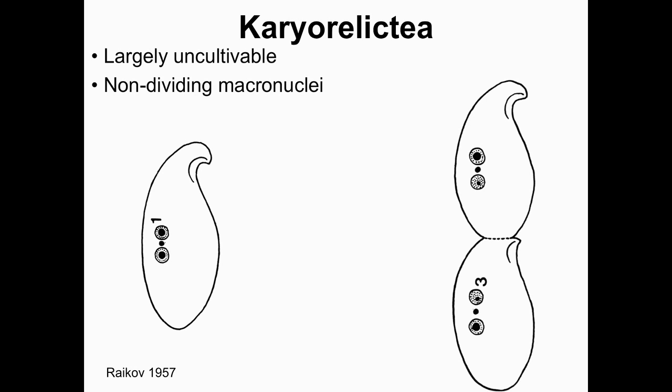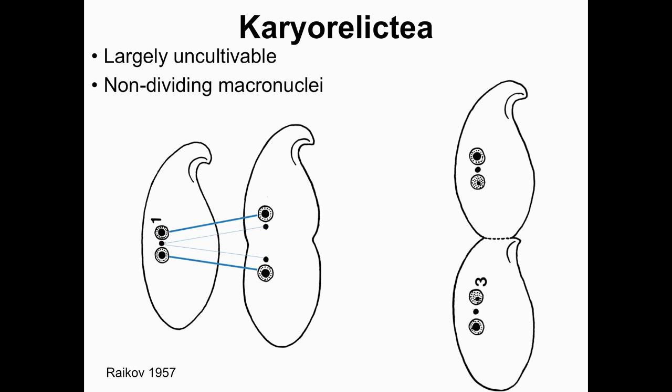And generally for other ciliates, both the macronuclei and the micronuclei can divide and double themselves, so that won't be a problem. But for the karyorelictids, the original 2 macronuclei will literally separate into 2 future daughter cells, and